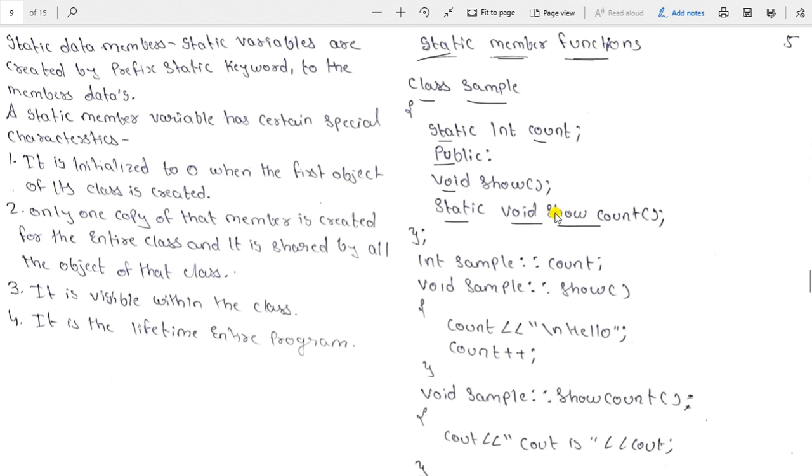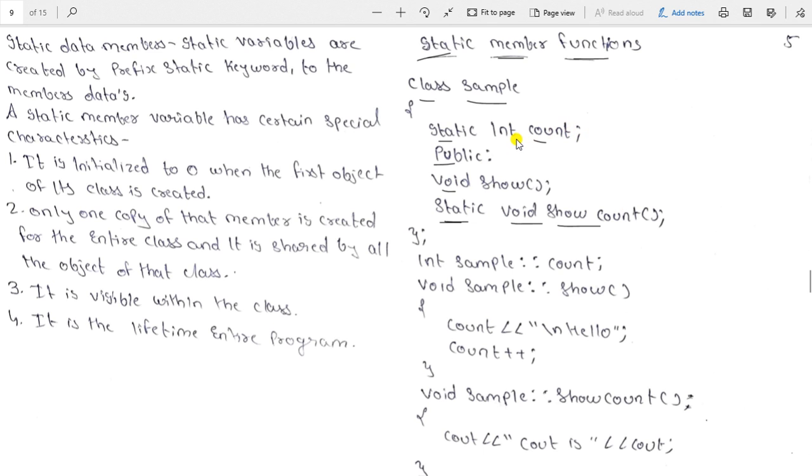So how do we declare a static member function? The function name is showcount, and in front of it is the return type void. In front of the function's return type, whatever it may be, whether a data type or no return type, that is void, you have to put static, similar to the static data member.